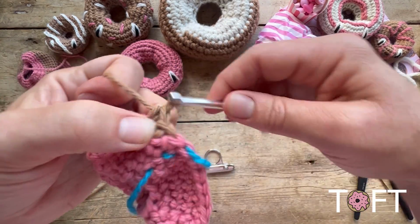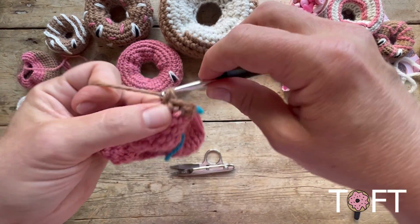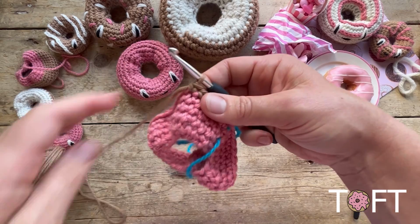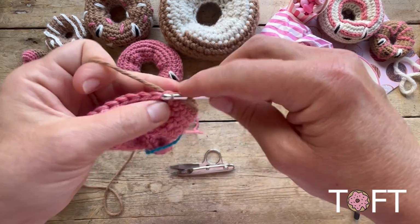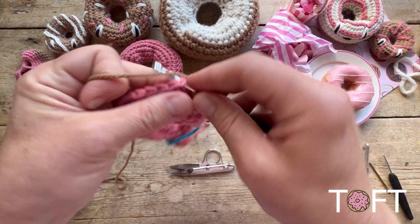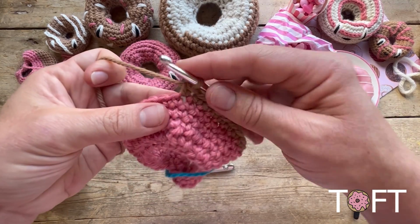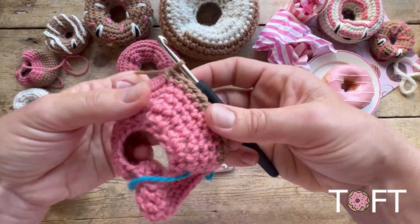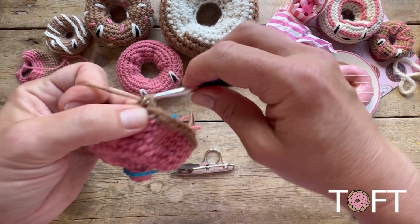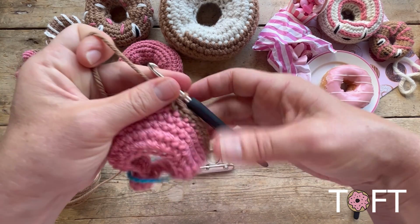So just to recap the pattern, we chained 20 stitches to begin with. Then we double crocheted 2 into each of those stitches to get up to 40 stitches. And then we're working 10 rounds just doing 1 double crochet into each of those stitches right the way around. Then the final thing that we need to do is to do a decrease back down to 20. So I've got 3 in my pink here before I've swapped to my dough colour to do the 4th one. I'm now going to do 6 more rounds in my camel, and then we'll do the DC two-tog, or the